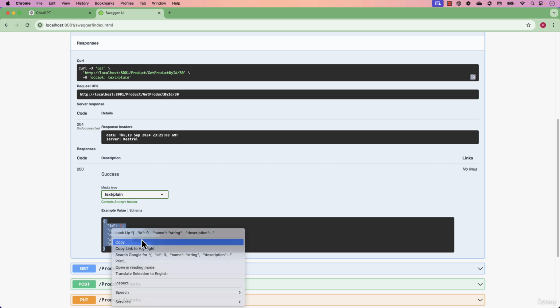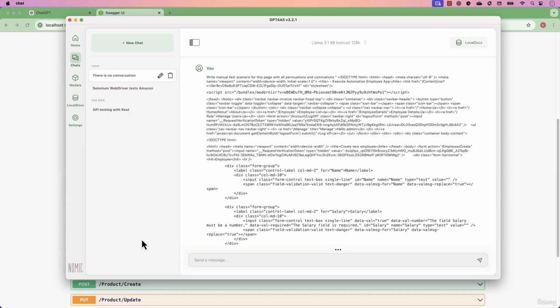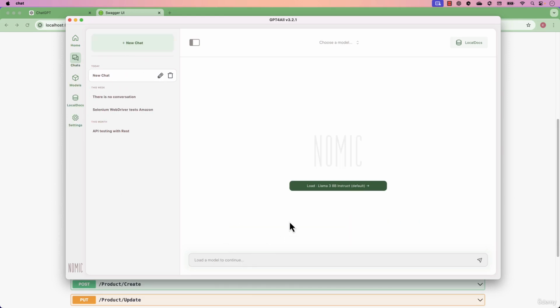So I'm going to do this. I'm going to copy that. I'm not going to go to ChatGPT. Rather, I'm going to go to the offline version over here, if you remember the one that we were using before, and I'm going to ask some questions this time with the Llama 3 8 billion instruct. So I'm going to say